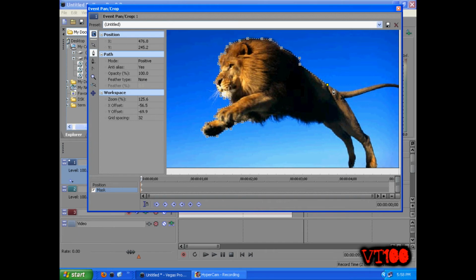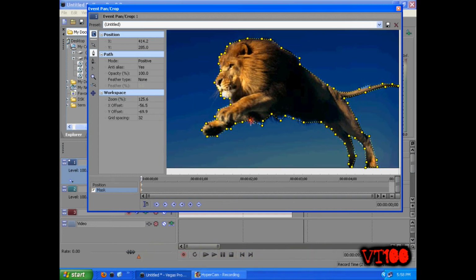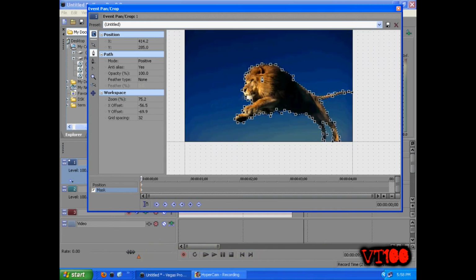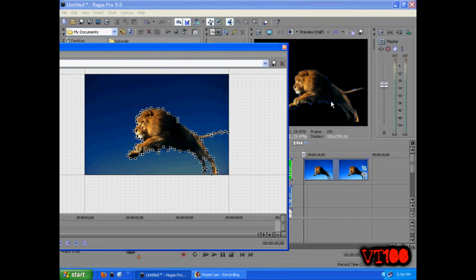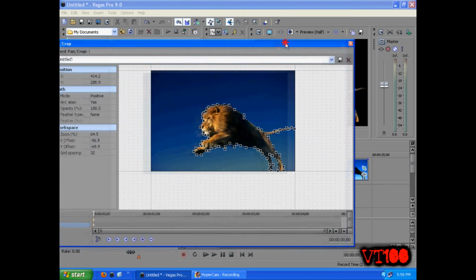You can create curves by clicking your anchor point and then dragging up and down the secondary anchors to create a curve like that. And then once I've joined everything back up, you'll notice that the line has been masked out, well, messy, but